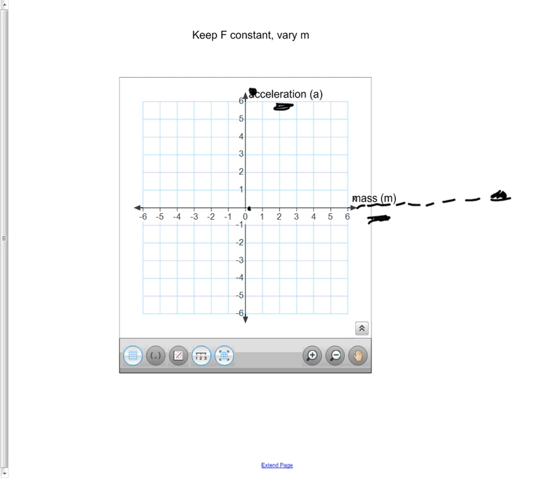And so now I'd make a bunch more points like this, and what I get is a bunch of data points which would fall like this. Okay, in other words, I would get a curve that looked like that. Okay, so if I keep the force constant, vary the mass, and measure the acceleration, I get a curve that's something like this. Well, that curve obviously tells me something I want. However, it really is not terribly helpful